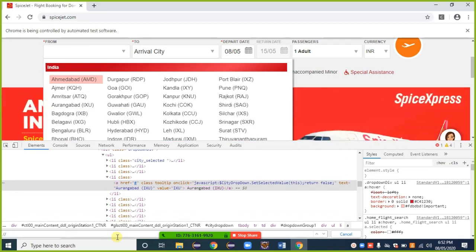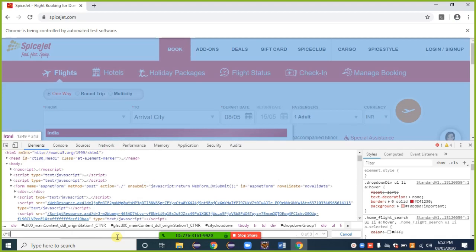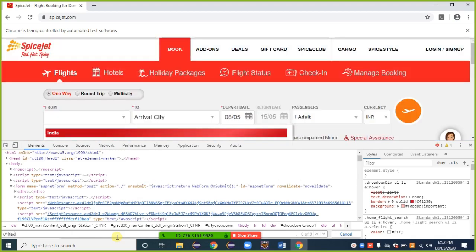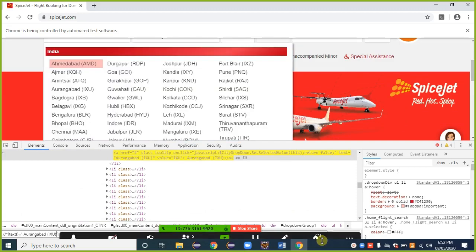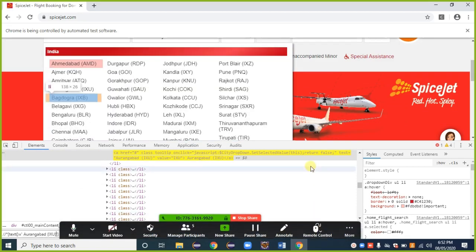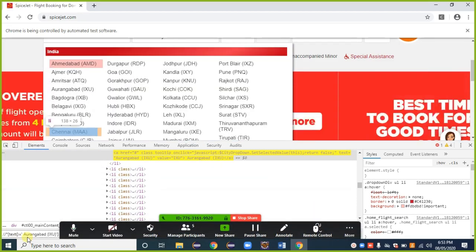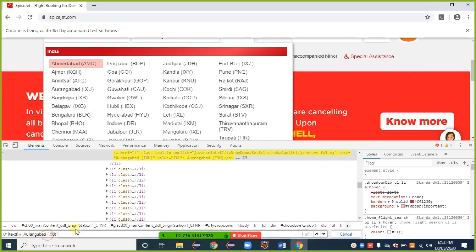Two forward slashes, star, square bracket, text parenthesis is equal to, single quote, inside that Control V. 1 of 1. So select that total. Here we get 1 of 1.